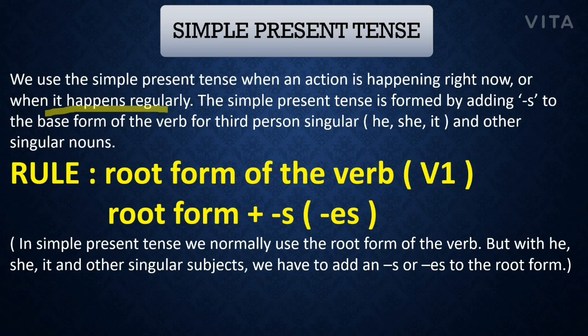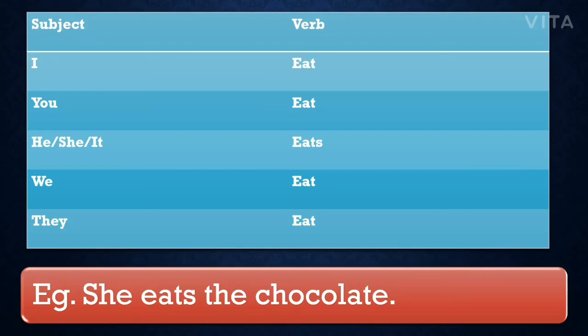Clear? So the simple present tense is formed by adding s to the base form of the verb for third person singular. Means, students, in simple present tense we always use the first form of the verb and secondly we use s and es. Clear? So now the question comes: where will we be using s and where will we be using es? Clear? See, if the subject is I, you, we and they, here we will be using only